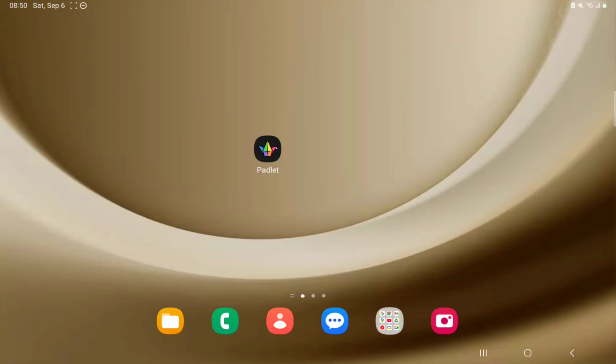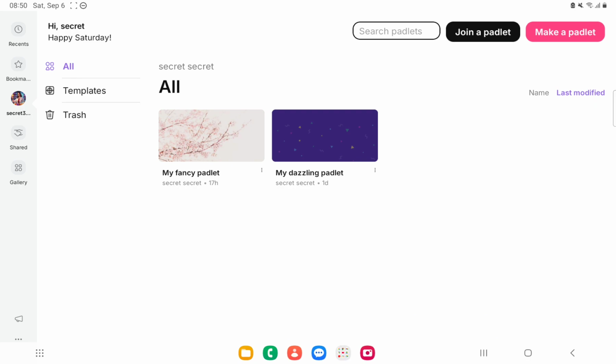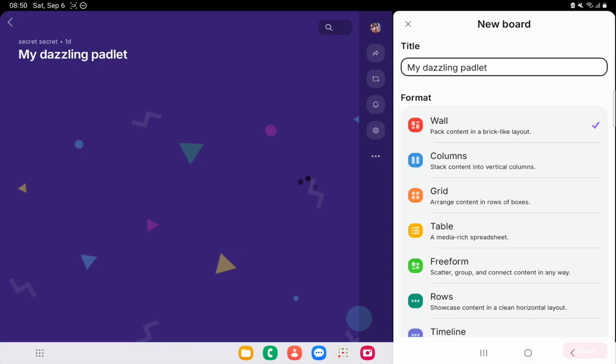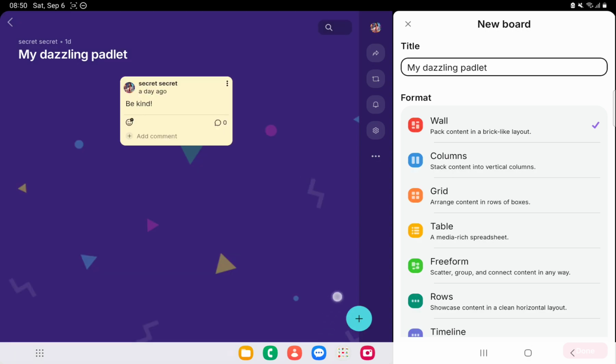Hi everyone, in this quick tutorial I will show you how to publish a PDF file in a post in Padlet. Just open the app, open a Padlet, wait a little bit and then tap on the plus sign at the bottom of the page